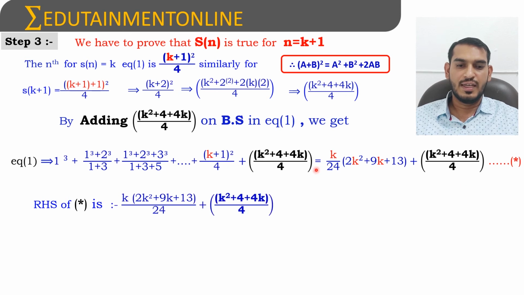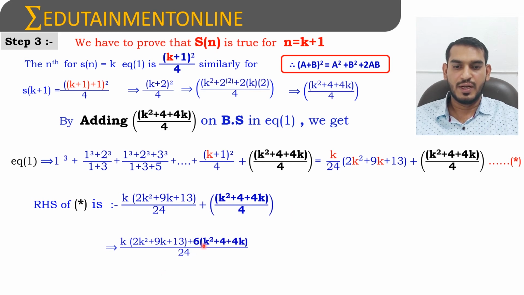Now consider the RHS only, which is k into (2k square plus 9k plus 13) by 24 plus (k square plus 4 plus 4k) by 4. Here we have 24 and 4, so LCM will be 24. Now multiplying the numerator and denominator of the second term with 6 to make the common denominator. So we will get k into (2k square plus 9k plus 13) plus 6 into (k square plus 4 plus